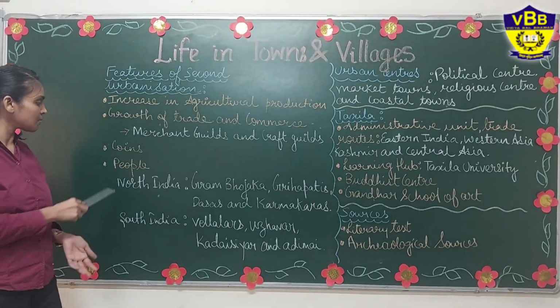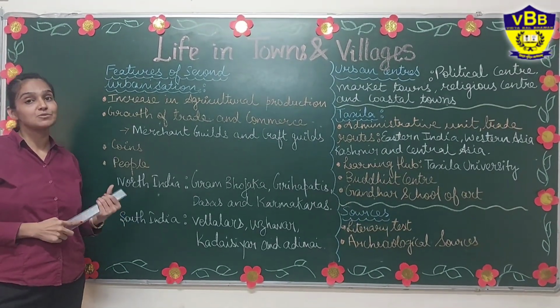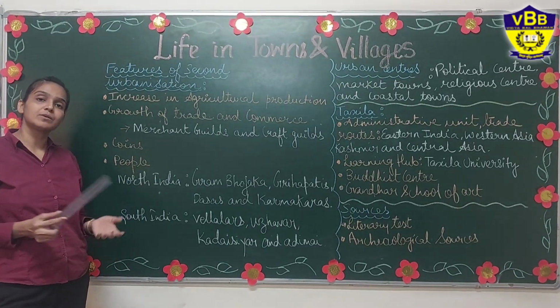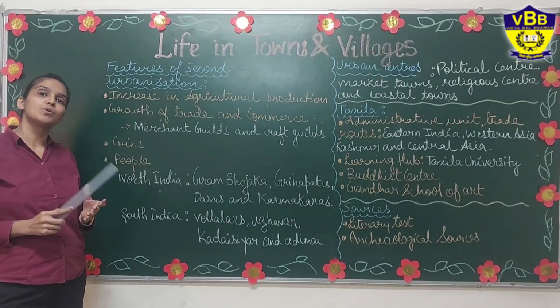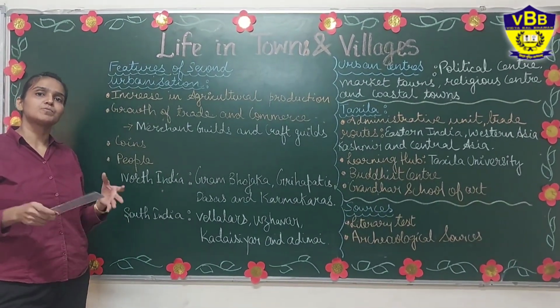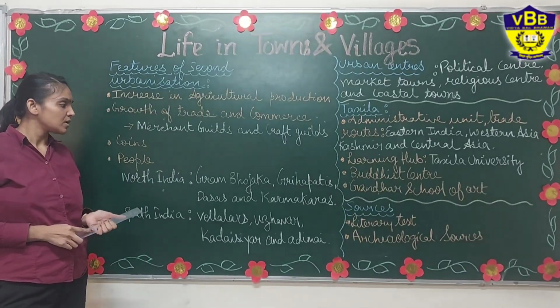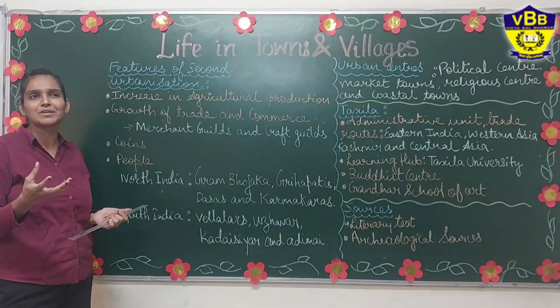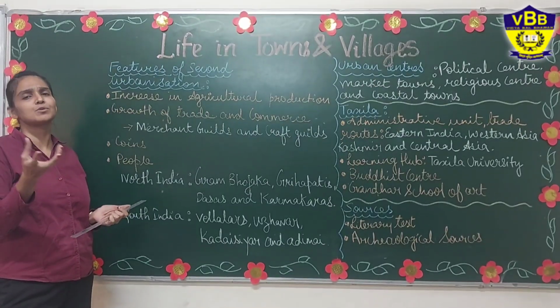Now, let us read about the people in the society. Now, the society of North India and South India was different. People were known by different names. The groups of people were given different names. First of all, we are going to read about Gram Bhojika because we are dealing with agriculture, so we are dealing with the concepts related to the village.